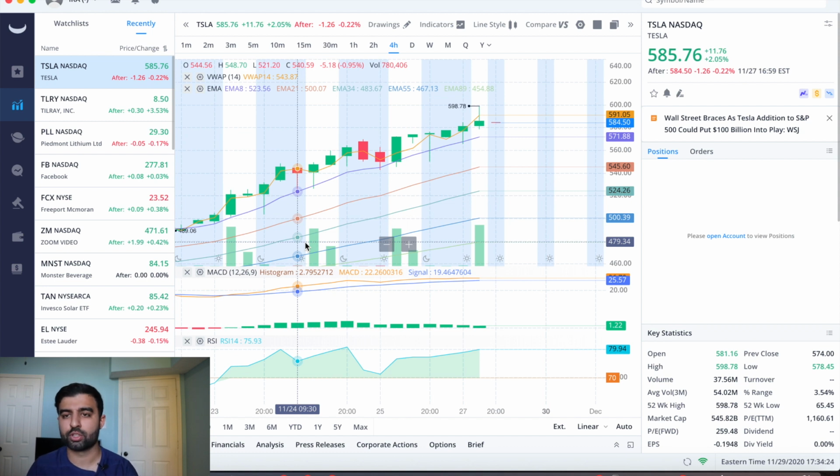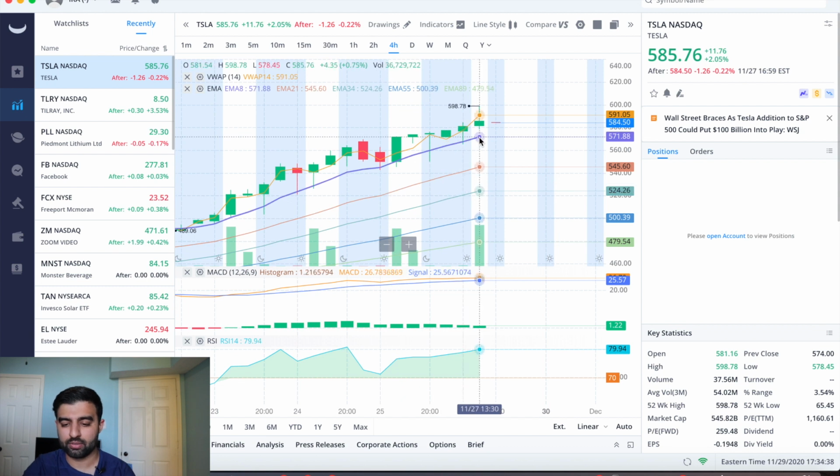I think the mid 500s could be good resistance, but it hasn't really been validated yet. So that's something I'll be looking out for as well, along with the EMAs that I just mentioned. I think the first EMA on the 4-hour chart, coming in at 571, should be good support. But again, if we see a sell-off, it's not going to stop. It's not going to only drop another like $14. So just things that I'm watching